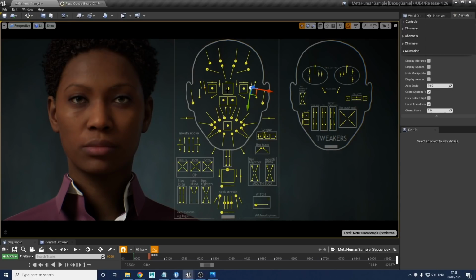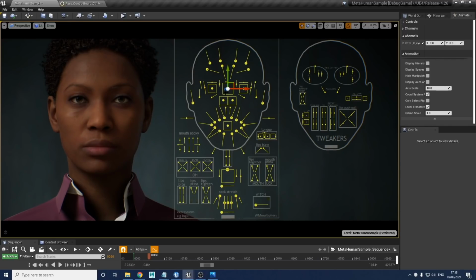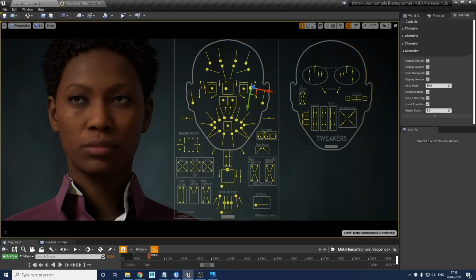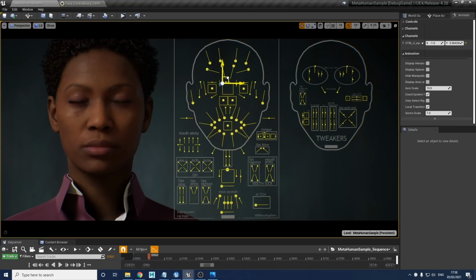And I'm going to move on to the eye direction. So right in the center is the eye direction control on the faceboard. So if you move this, it's going to move both eyes together. And it's got nice soft eye approach, so it's going to move those lids. There's no counterbalancing. You don't have to reposition your eyelids every time the eye moves because that's already built into the rig. And that's going to work with your eyes shut. It's going to keep all that nice organic movement as you move the eyes around underneath the lids. Bit of REM sleeping.